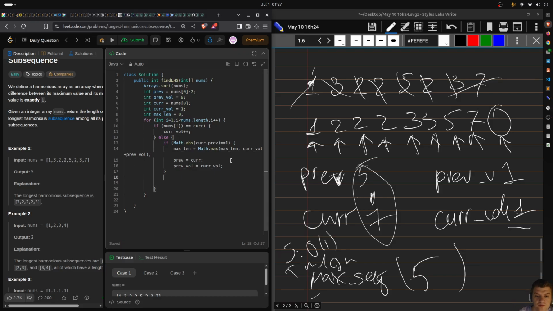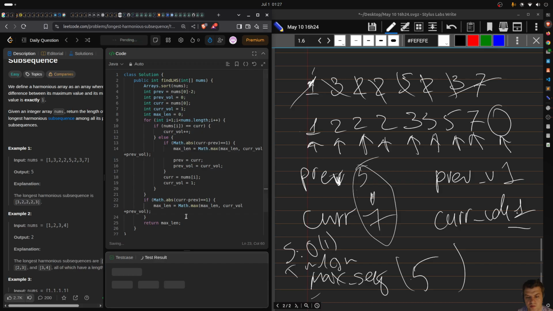Otherwise I'll do just car equals nums[i], car volume equals 1, and then I need to return max len, and before returning I need to check if car volume minus previous volume, if this condition holds, with car minus previous equals 1 by modulo, then I'll do this update one more time, and then I'm gonna return